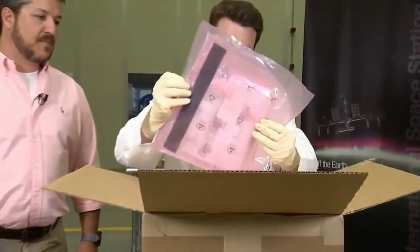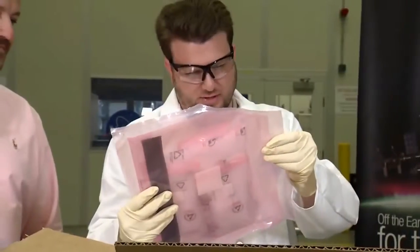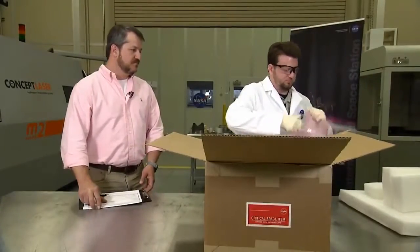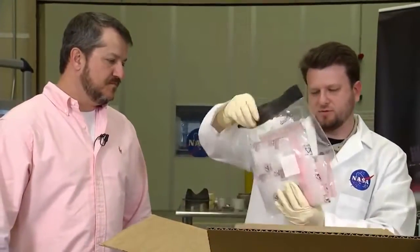Looks like, wow, they're sealed up pretty good. Some scissors would help. I don't want to cut into the bags that they're in. Double bagged with the third bag. And this should just be a Ziploc bag. Alright, so